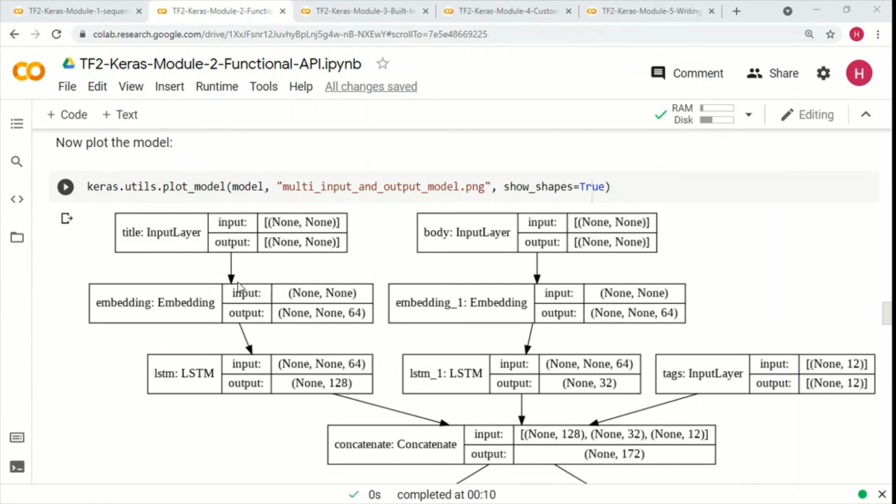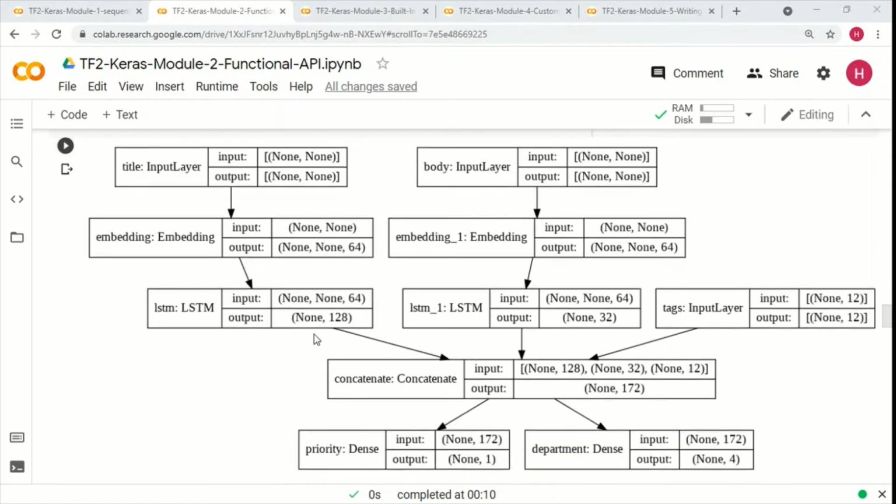Okay, so before I get into the code here, let's check on the diagram, the model plot here. So there are two inputs here, title input and a body input. This is our third input, tags input. Now what we are doing is taking this title input and processing it through an embedding layer. Body input we are processing through another embedding layer, and then we are processing these outputs through the LSTM layers.